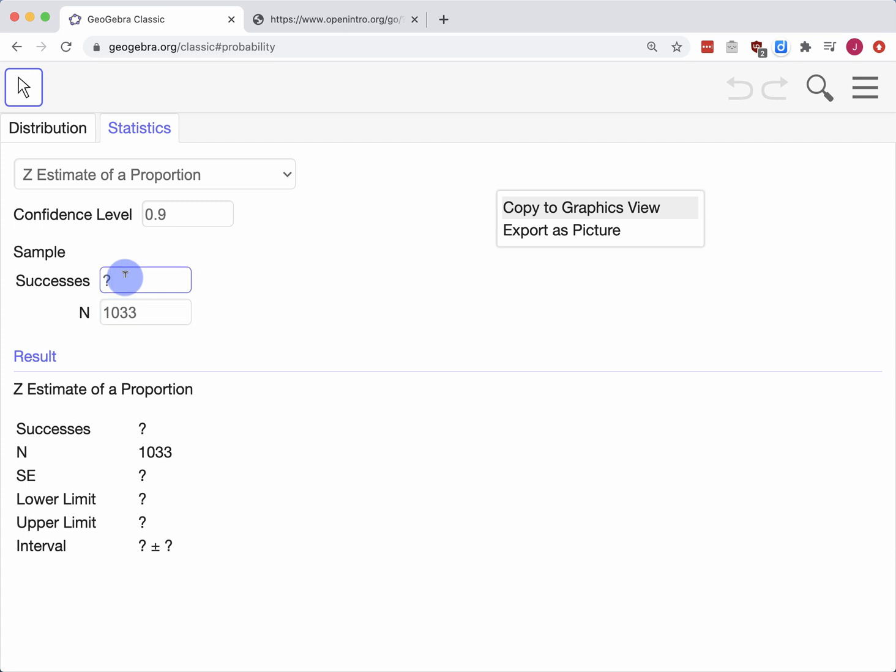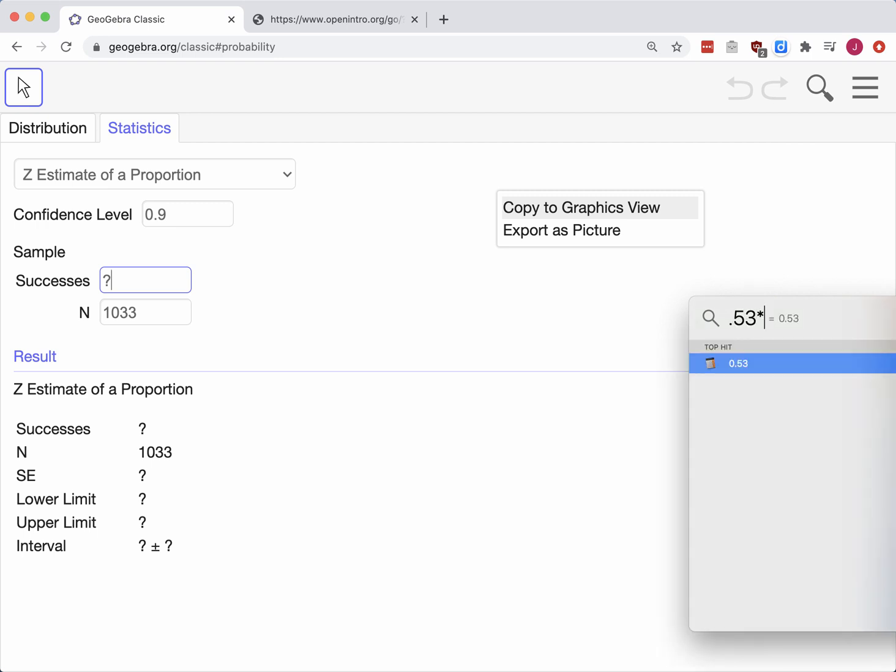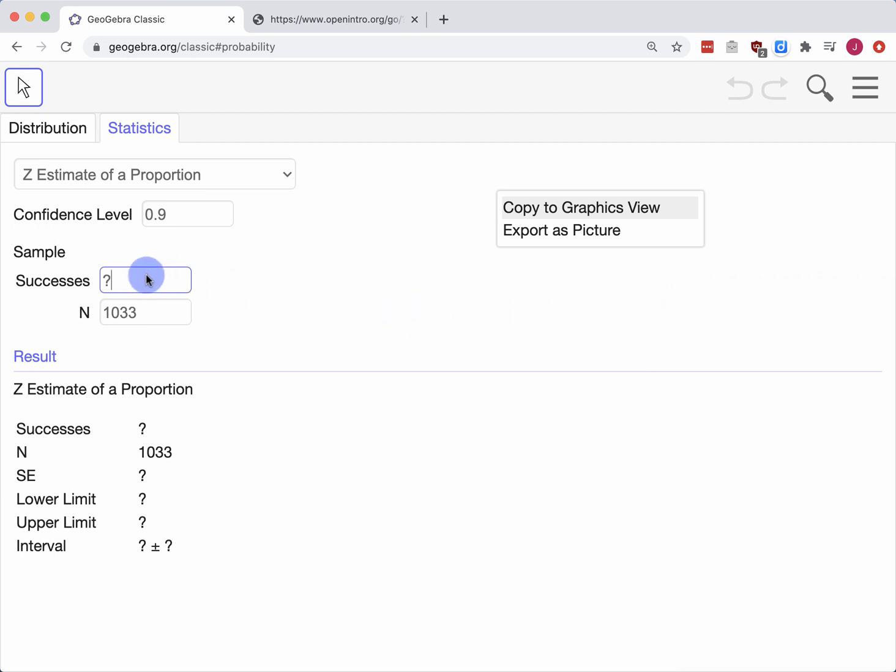The next part is something we didn't directly have. They didn't tell us how many people said that they support the job that the Supreme Court is doing. We just know that 53% of the sample size says yes. So what we'll do is do a little bit of math. We need to go to your calculator and we're going to take 0.53 times sample size. So 53% of the sample size yields 547.49 people. So I'll literally write